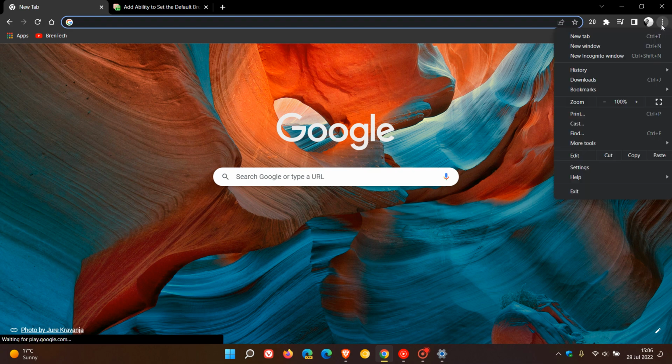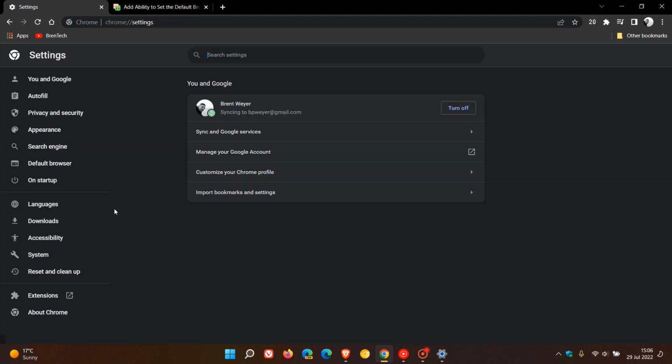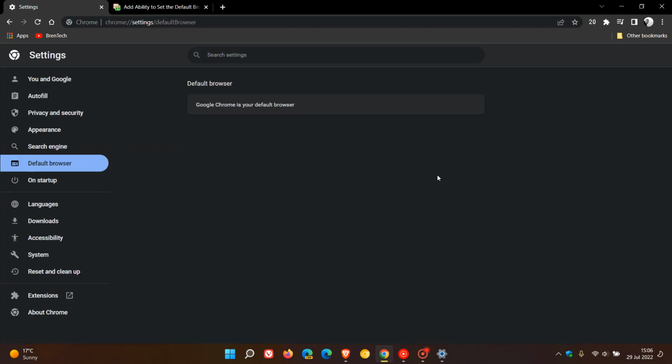So if we just head to that page, head to settings, default browser, on the default browser page currently in Google Chrome, if you haven't set the browser as your default browser, you will see a toggle and a switch here called set default. Now, as you can see, I've already set my Chrome browser as my default browser, but if you haven't and want to change Chrome to your default browser on both Windows 10 and 11, you will